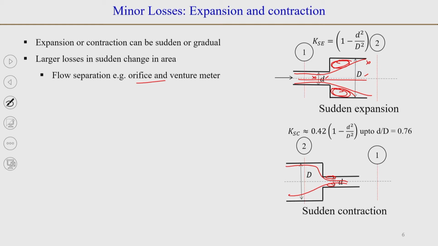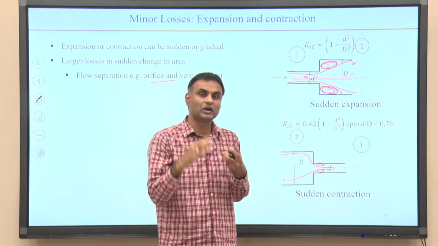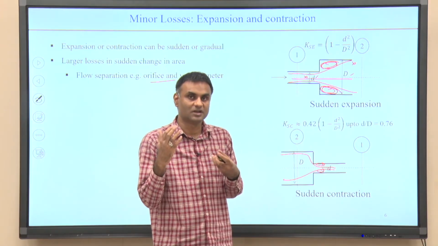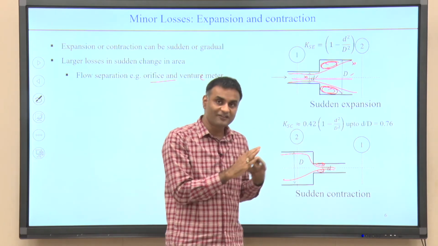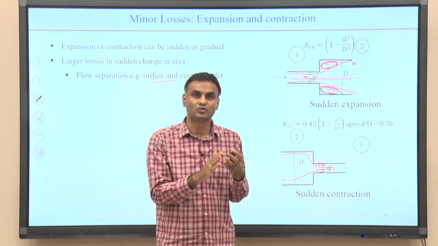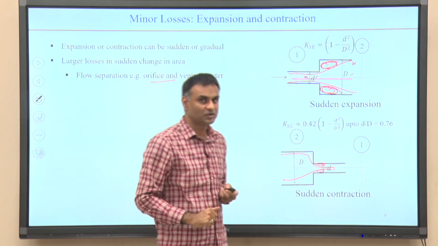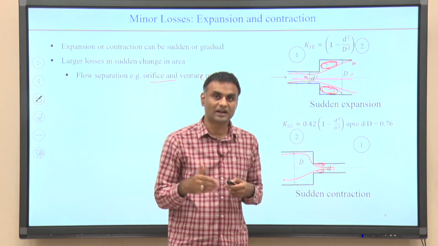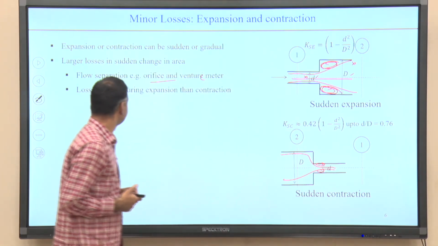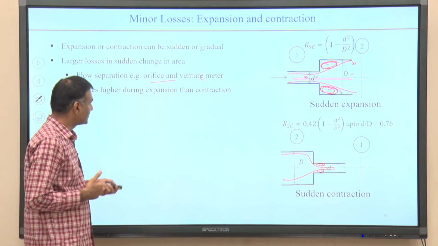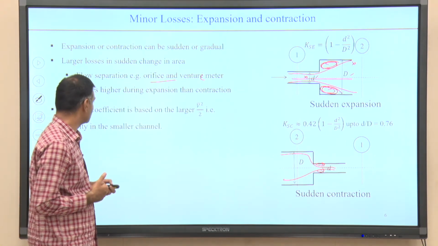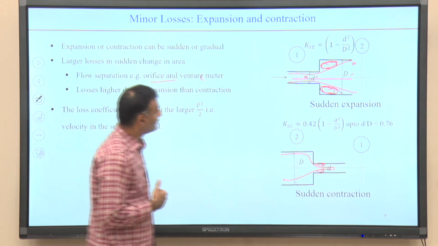This flow separation example we have already seen in orifice meters and venturimeters. In the orifice meter you have a sudden change in area, whereas in the venturimeter you have a gradual change in area, and we saw that the losses are small in the venturimeters. So, the same thing could be done: if possible we can try to reduce this sudden change, and we can do it gradually, so that the pressure does not get lost and it can be recovered. The losses are higher in the expansion than those in contraction. So, one of the formulas for